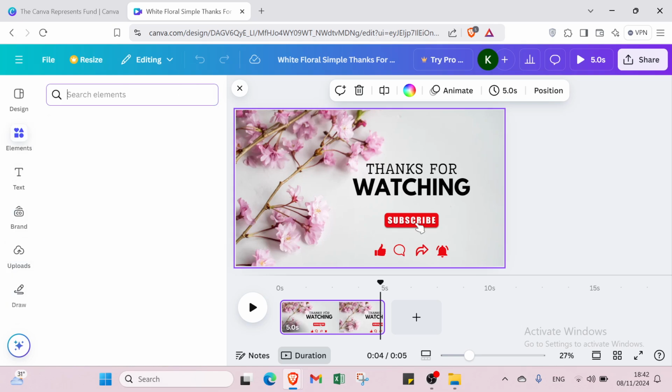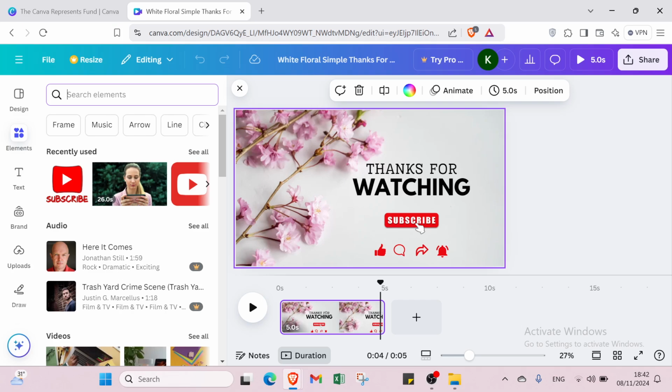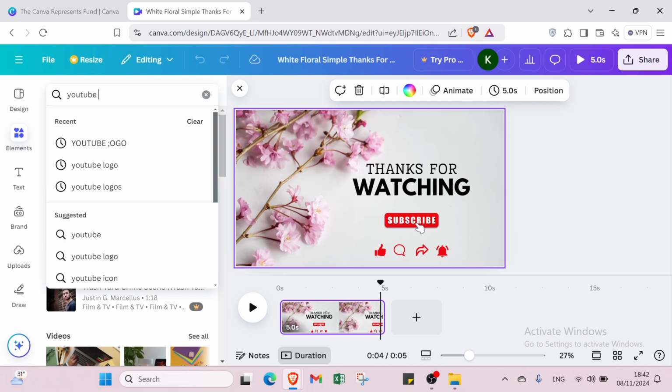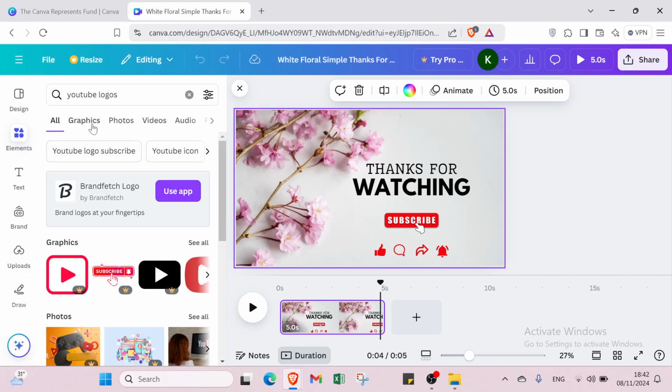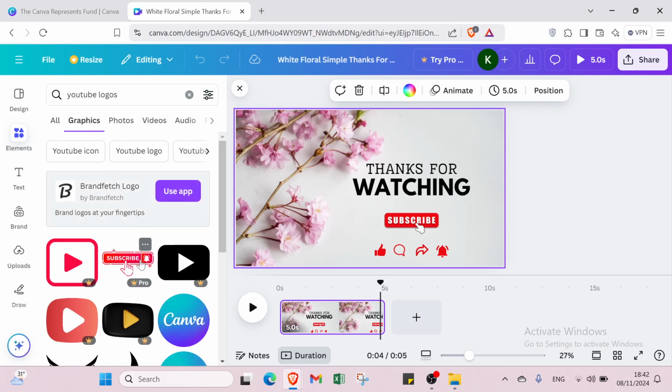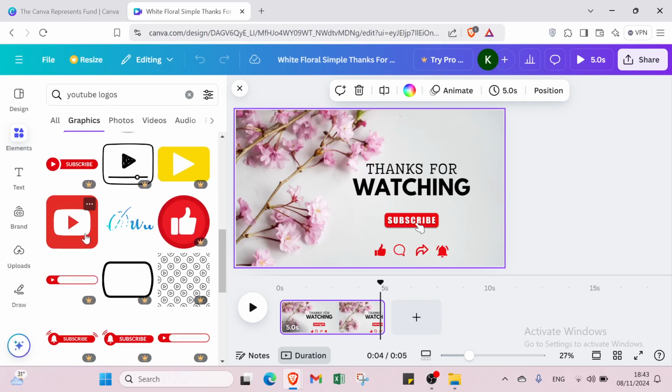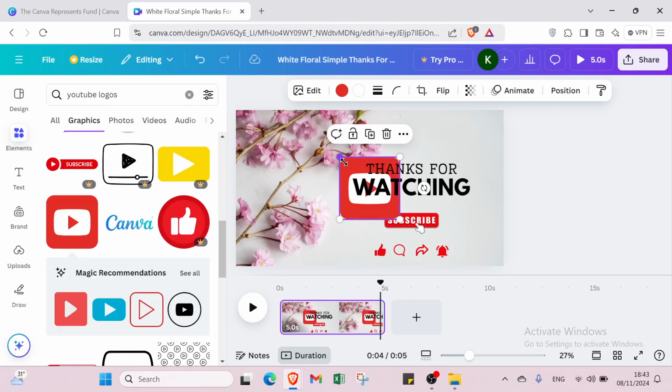I will go to the elements and select YouTube logos, because I will add my channel here. All right, I will search for YouTube logos. I will show you what I'm going to do. I will click over graphics here and scroll down. I will select this one, and then modify the size of this one. As you can see, I'll put it in the top right,